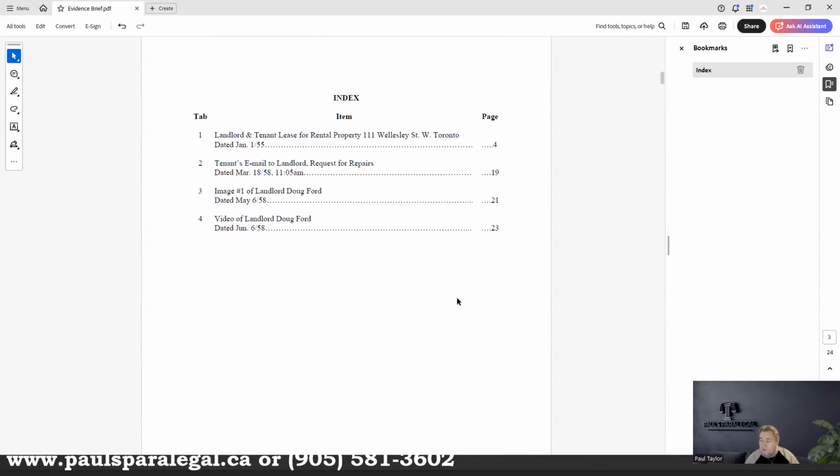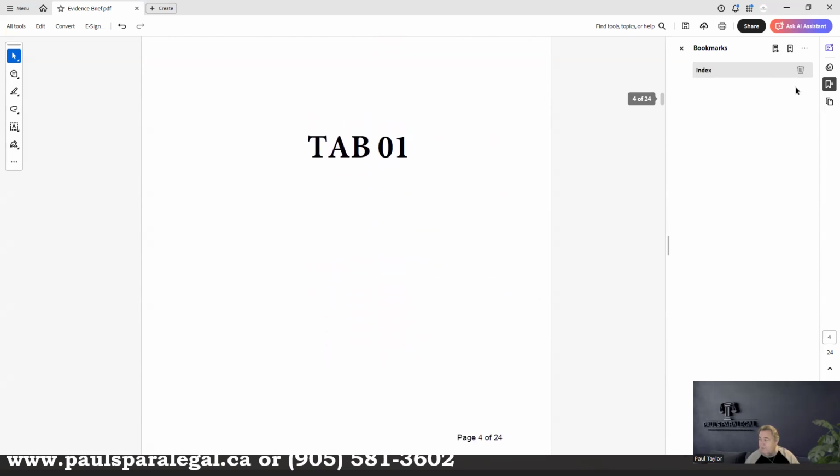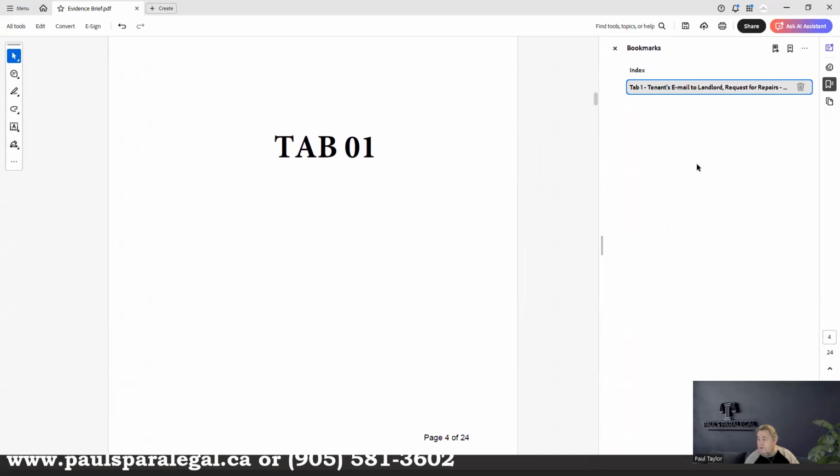Okay, then what I'll do is, in this case, now I want to go to tab 1, right here. Then I go like this, and go tab 1. Now, what I did was I cheated, and I copied and pasted. Then, so what I do in the style of the bookmark is, let me see if I can do this correctly. There we go. So what I'll do is when creating the bookmark, I'll say tab number space